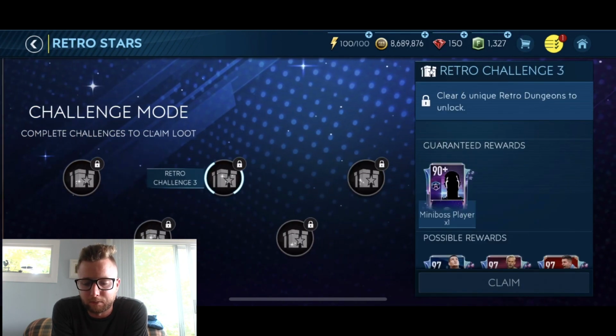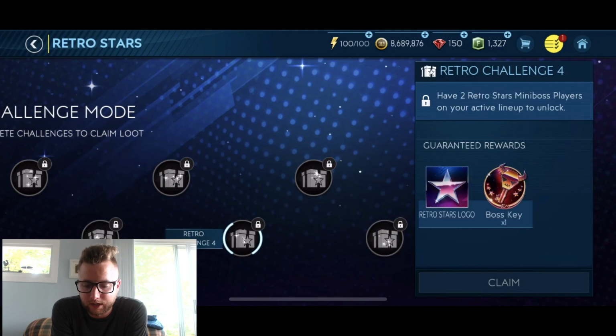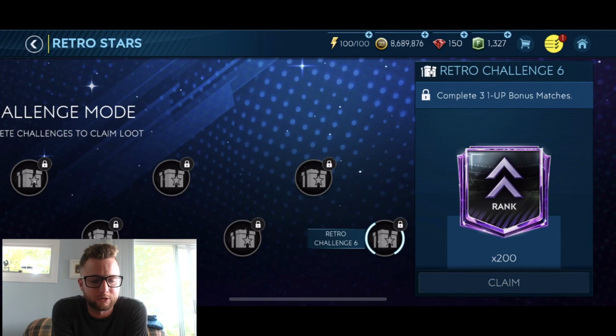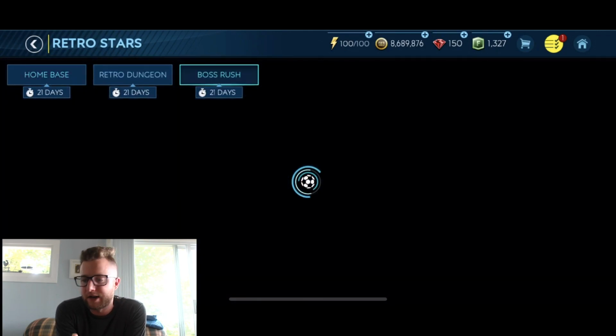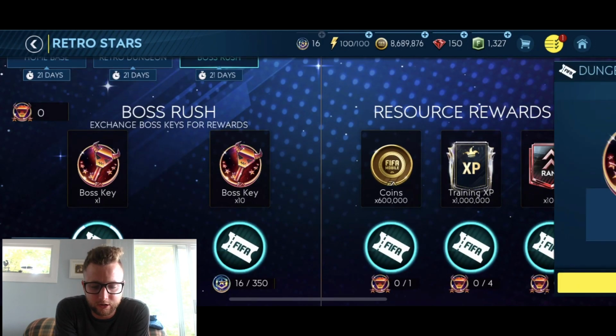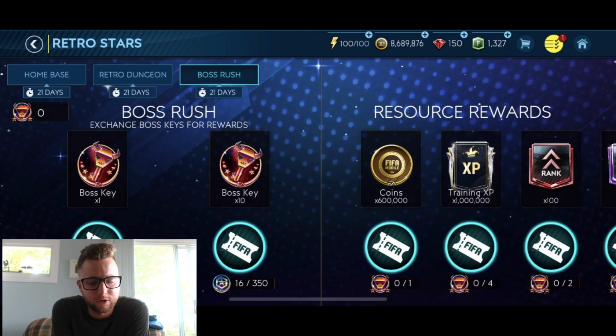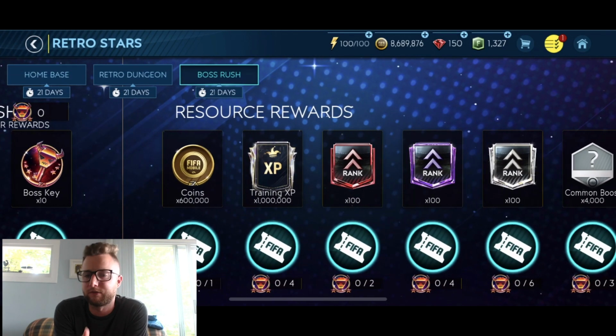So this does get you a boss key along the way, mini boss players, more boss keys. I didn't see that actually in the walkthrough. That's nice. You get a couple extra keys from there. And then over here in the boss chapter, you can trade in your dungeon keys. So it looks like you don't even actually have to play the matches. You could just trade your keys if you want to do that as well. I guess that's so you don't have to play through the event. You could just buy a bunch of packs and get through as well, which is not...